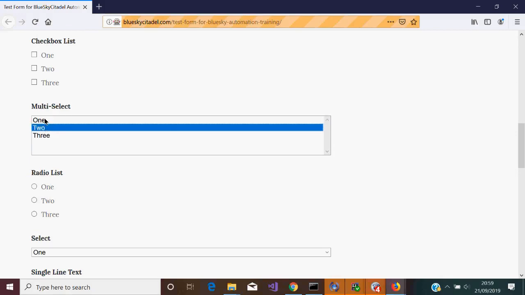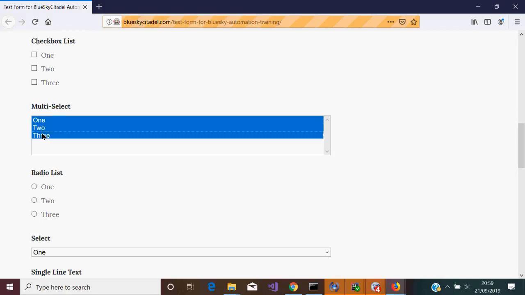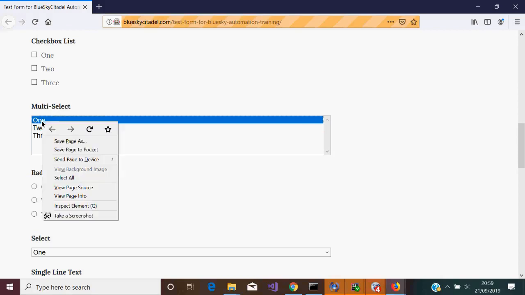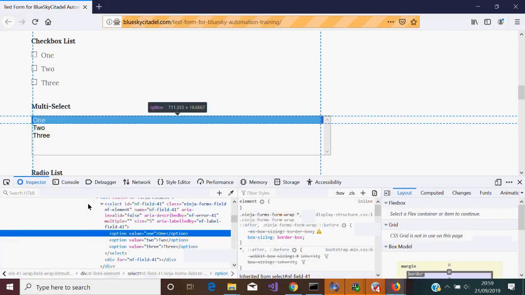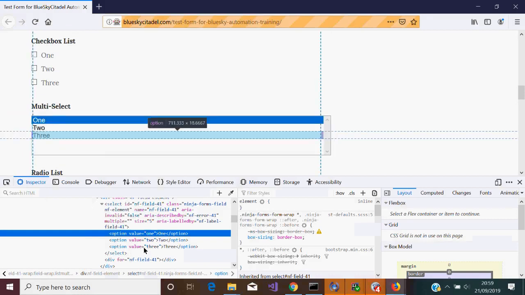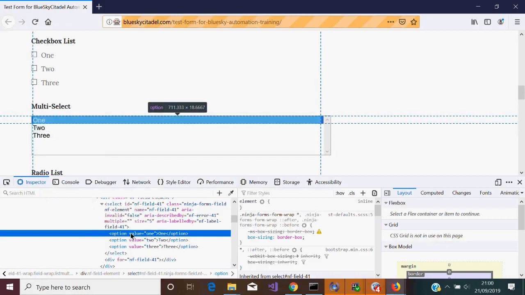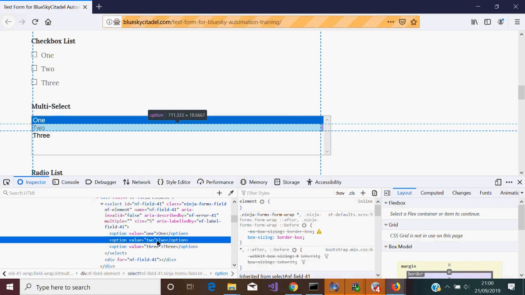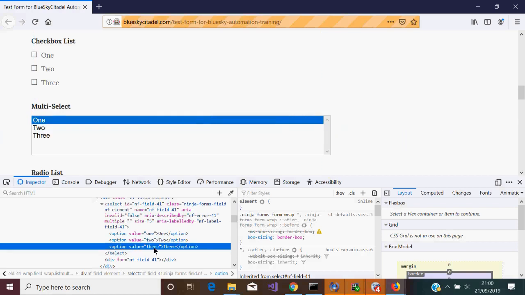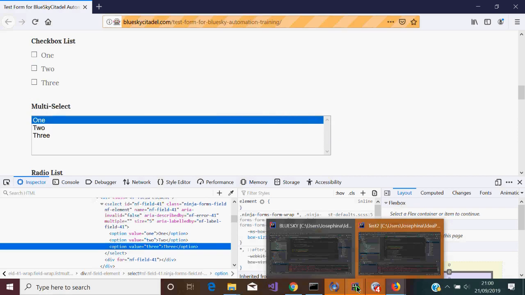So you want to make sure that you've chosen that. You can see it says value. It gives you an option, and it says value 1, value 2, value 3. So what you can do then is,